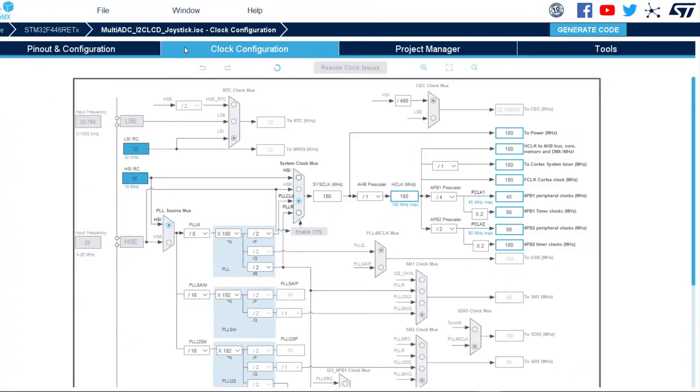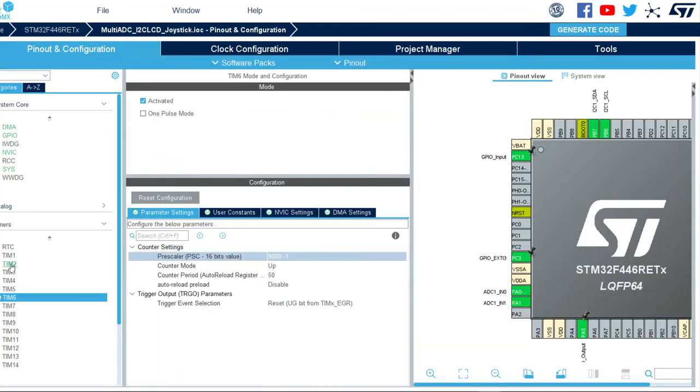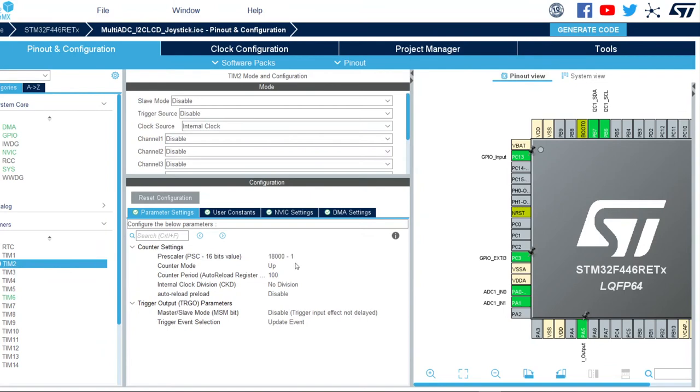In my chipset, the STM32 F446RE, it is located at the APB1. So having a 180 megahertz clock here will result in 90 megahertz. So the calculation I did here is really wrong. This is actually 90 megahertz